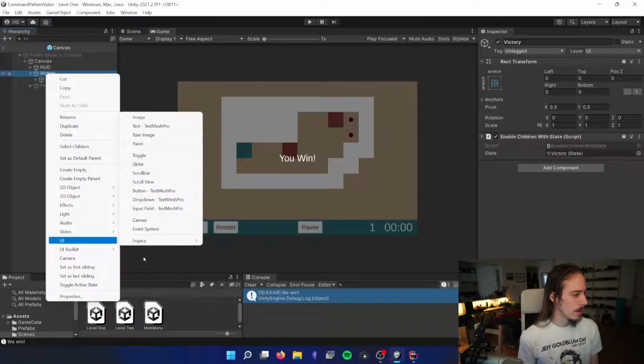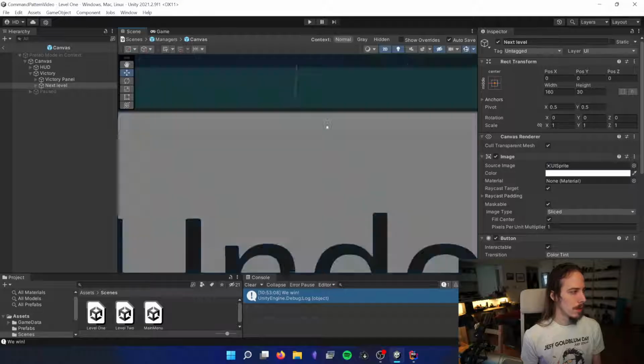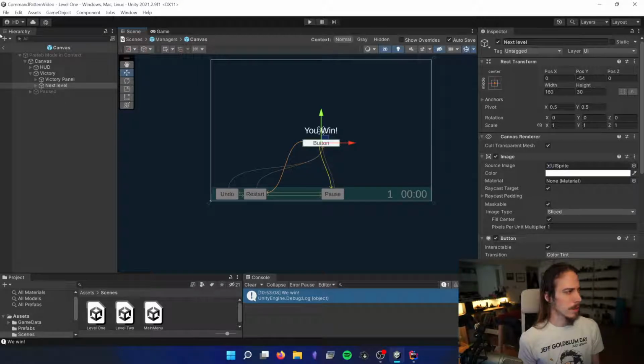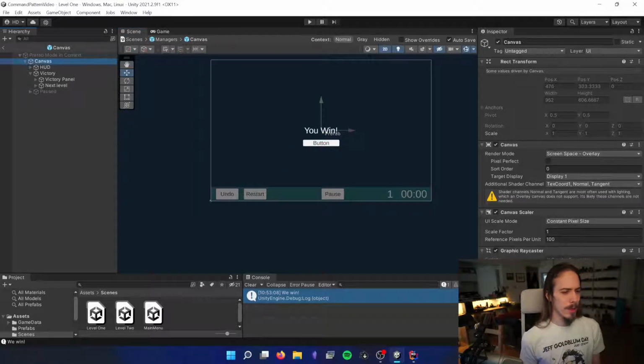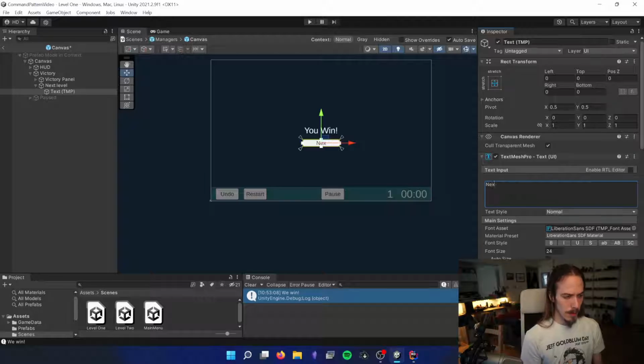UI button, next level, and we will have that go down, and I'll put the level manager on the canvas, and next level will be level 2. Well, I'm in our prefab, so I'll need to change that, so we'll leave that empty here. Next level, and then